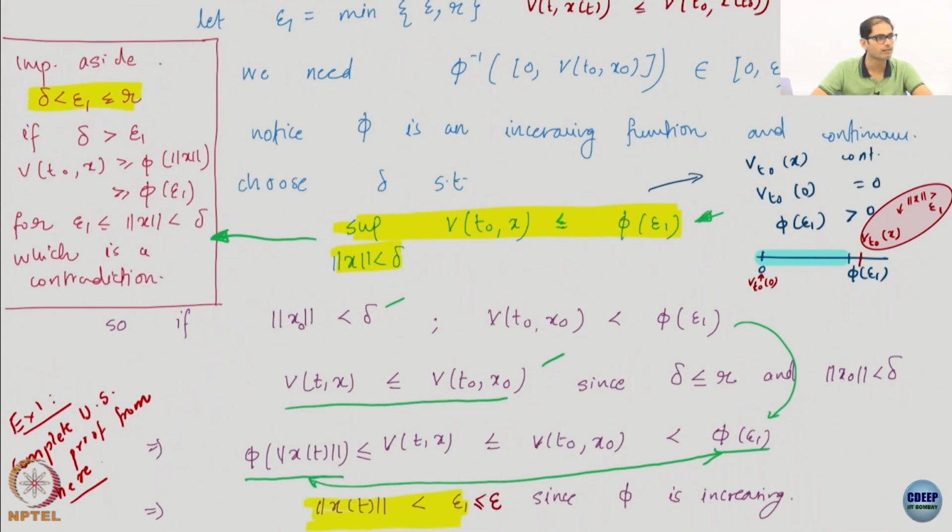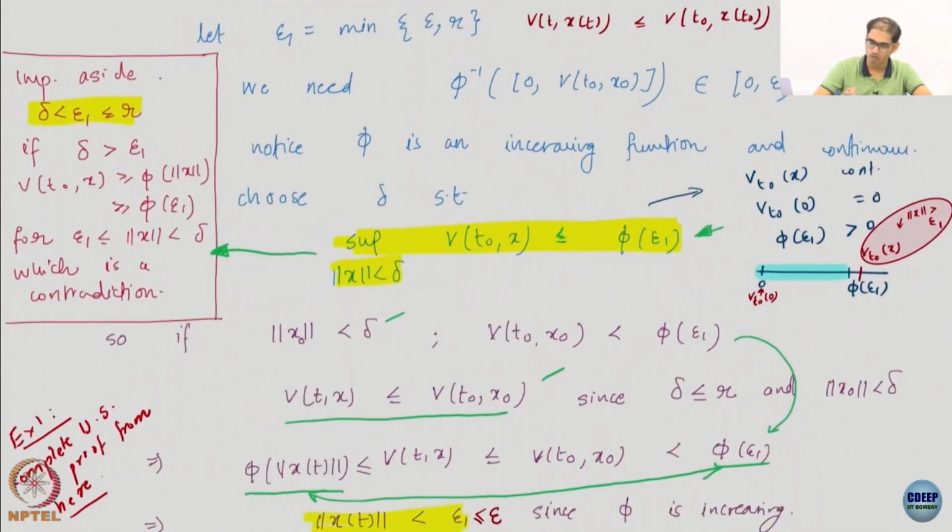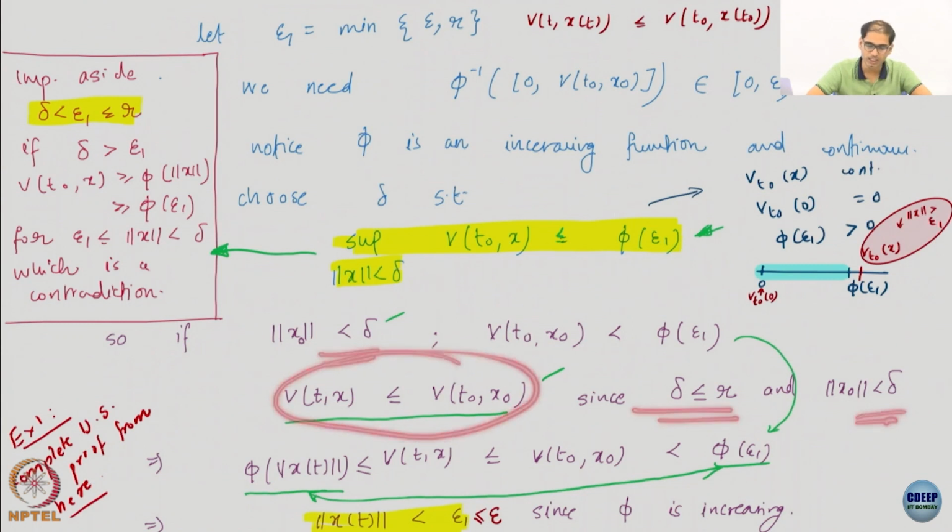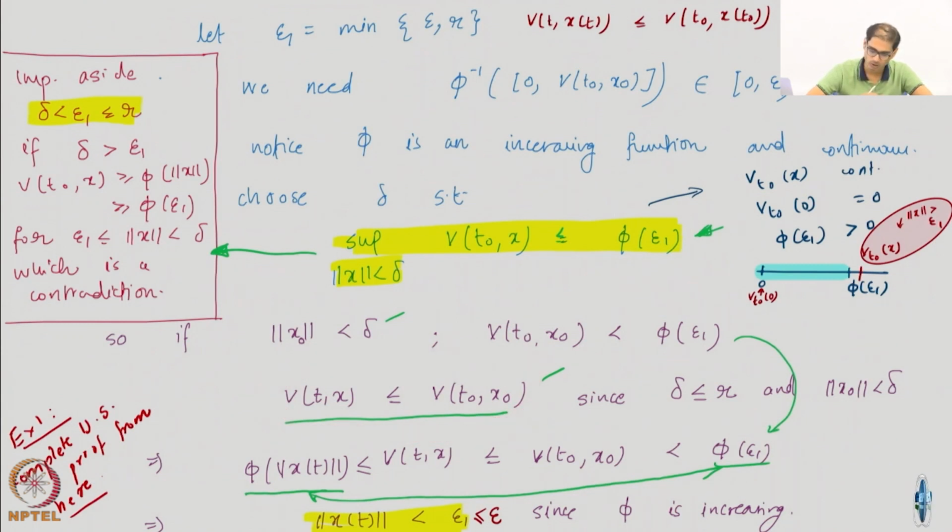So, I am in the good place where all my negative semi definiteness etc. hold, okay. So, if delta is less than or equal to r, that is what I have assumed, then norm x0 is also less than or equal to r, okay, which means I am in a good place. So, Vtx is less than or equal to Vt0 x0, okay. So, this also holds,